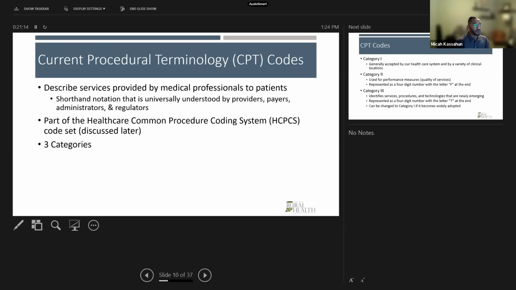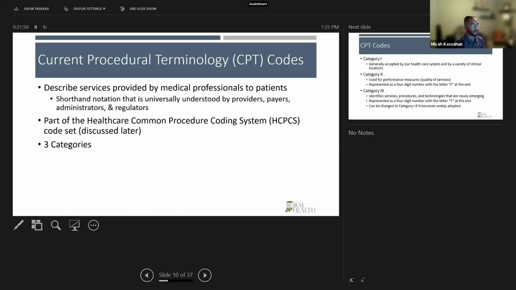All right. So moving on from ICD10, because we're going to be going through the three main pillars for myself, which are ICD10, CPT, and HITP. So now moving to CPT, which is the current procedural terminology code. This describes services provided by medical professionals to patients. With ICD10, we know the diagnosis, we know what's going on in the patient's life, we know what they're experiencing. Now we're looking at the CPT code, which is: what are we going to do about it as a medical professional team? How do we go about it?